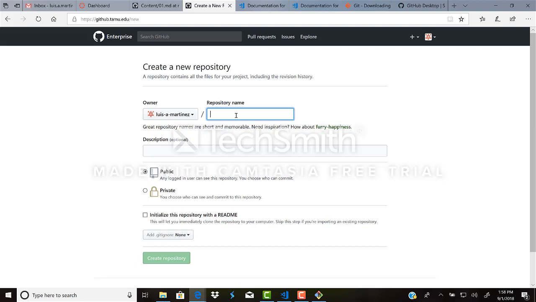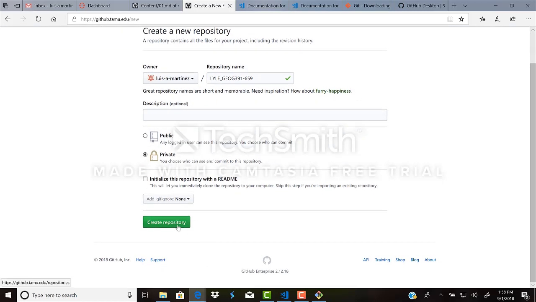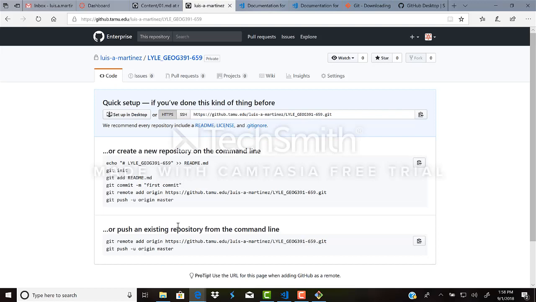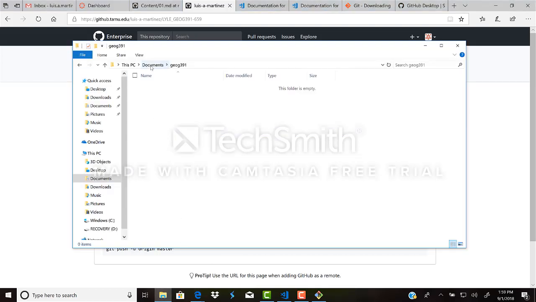We're just going to call this one Lyle_GEOG 391-659. All right, I'm going to make sure that I make it private. You can add a description if you want to, and then you hit create repository. Now that repository is built, and here's the name of that repository. We want to copy that name that's right there, and then we're going to go back to our file directory. And where are we going to put it? Underneath documents, I have